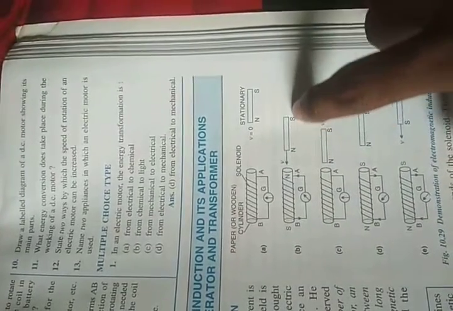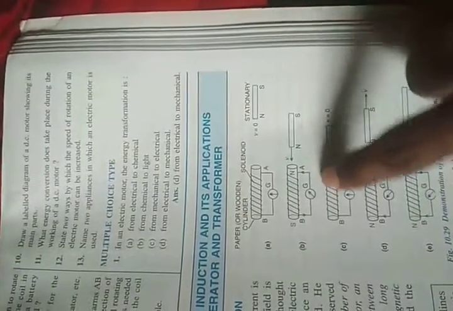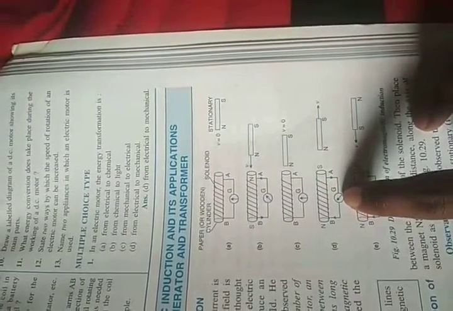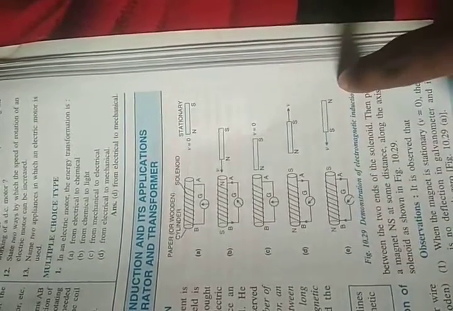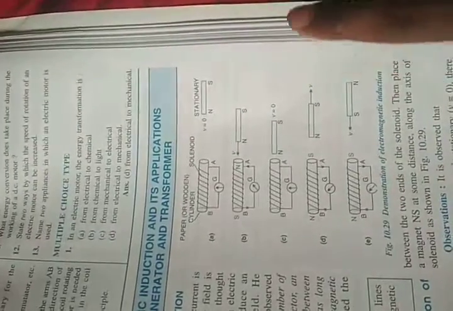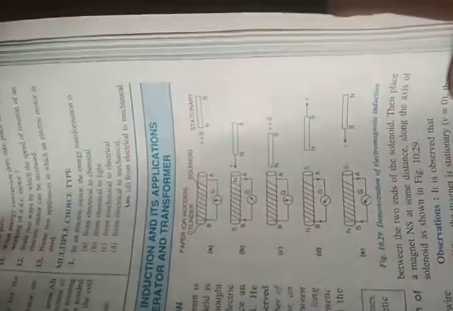But when it starts moving, there is a deflection of the galvanometer to the right side. Now if you stop after moving, there is no deflection. Now you start moving it to the right side. As a result, the galvanometer deflects to the left side. If you move it more rapidly, the deflection of the galvanometer will be more. So that is the observation. What idea do you get from that experiment?